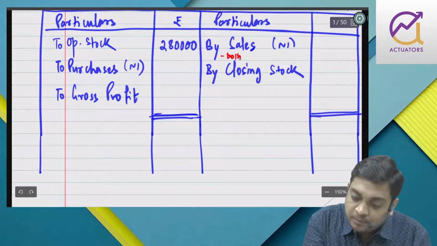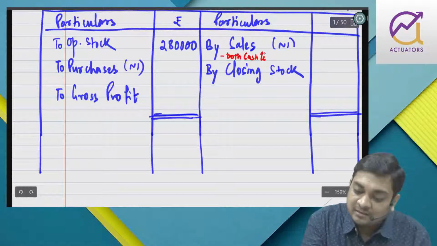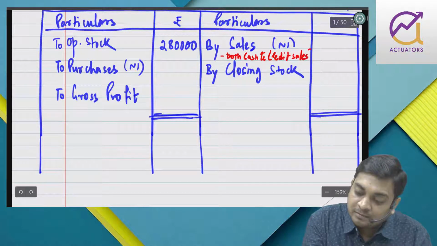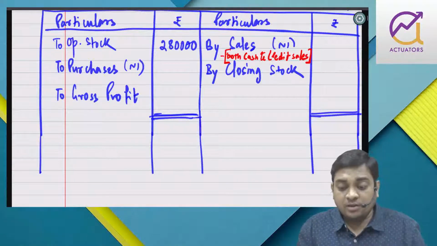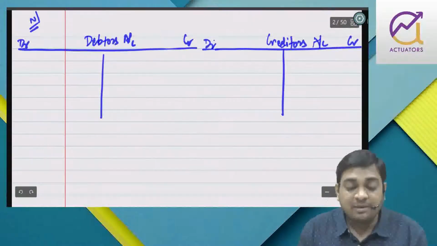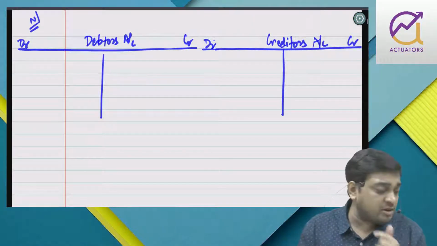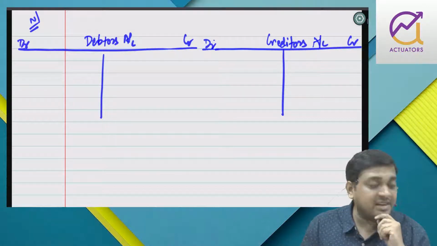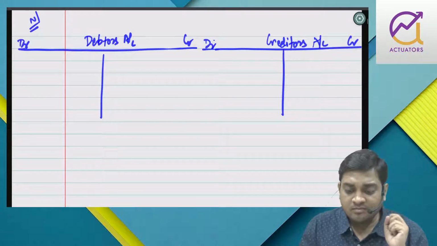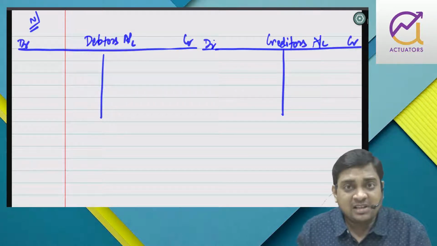both cash and credit sales. Right? So the debtors can give me only credit sale, but how come cash sales? Cash sales I will get by preparing cash account, because they have told that cash balancing figure, any surplus cash if any, will be treated as cash sales. So it means that I have to prepare cash account as well.